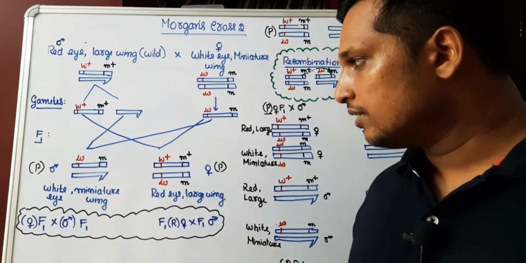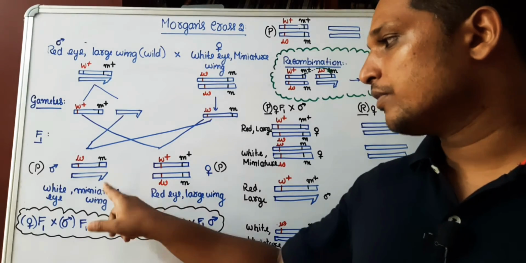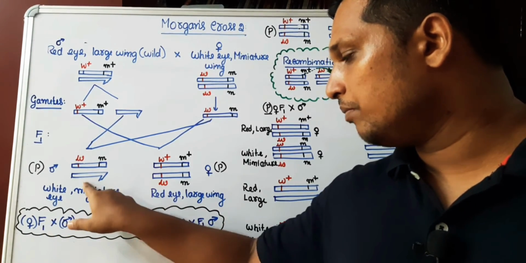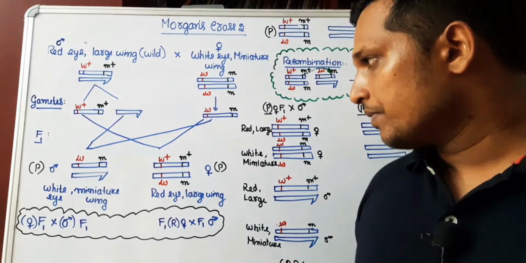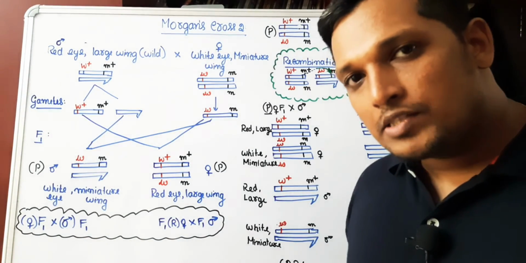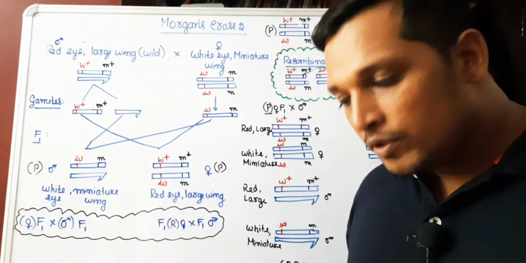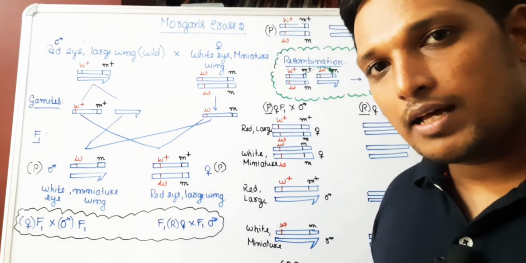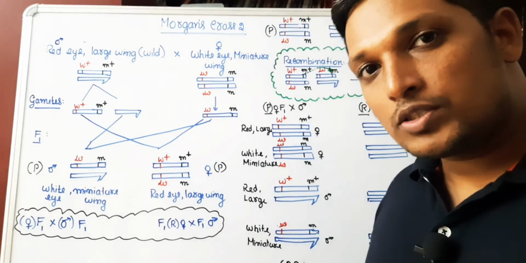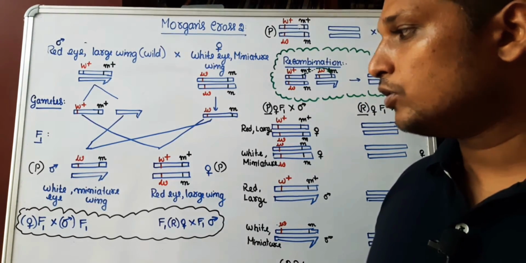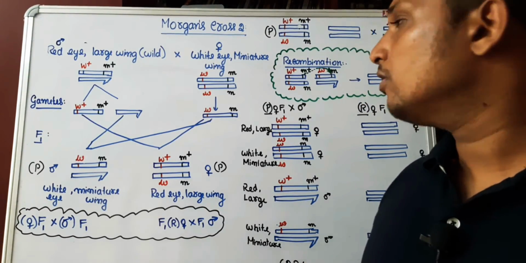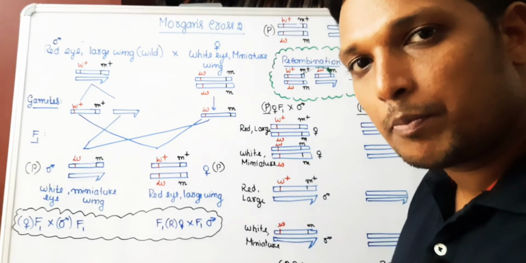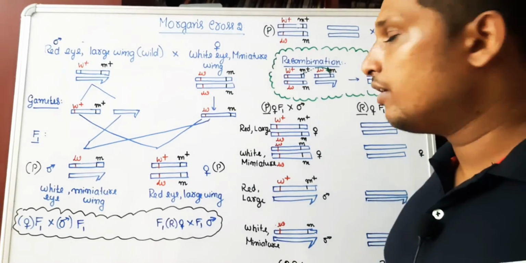Now we have to find out the F2 generation. One way is a cross between the F1 female and the male. But during the experiment he got new combinations of Drosophila in this cross, which was due to recombination. So we'll have to show one recombinant also. What is that recombination? In meiosis there will be crossing over at the pachytene stage, where there is shuffling of genes.